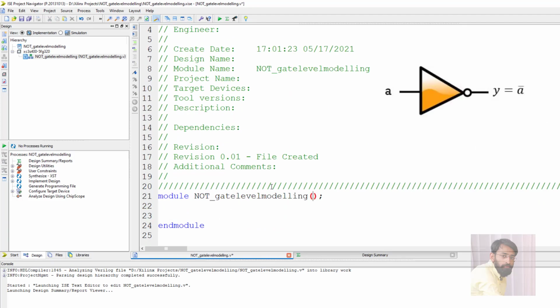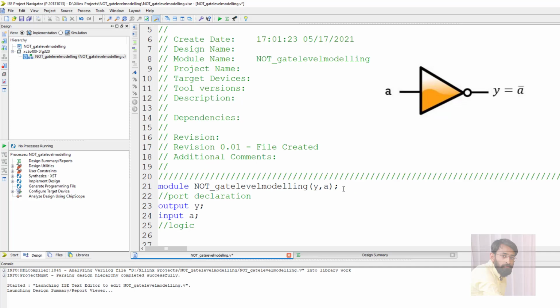Here we have to write our code. Module name is NOT underscore gate level modeling. Next comes port list. Port list is output Y, input A. As NOT gate has one input and one output, here Y is called output, A is called input. Next comes port declaration: output is Y, input is A. Next comes the actual logic.